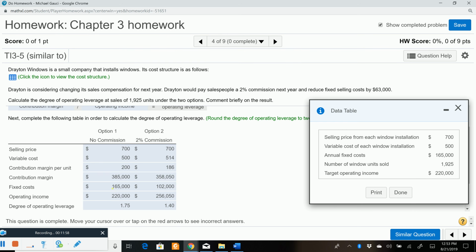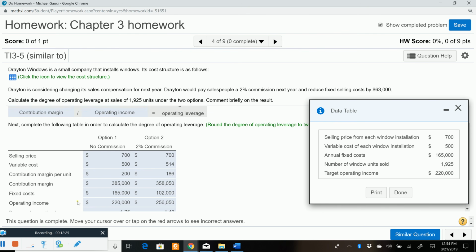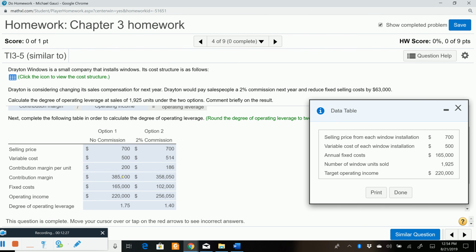So fixed costs are no longer 165,000, they are now 102,000. 63,000 less. Now if we subtract the fixed cost from the contribution margin, we get operating income. You can see using the 2% commission model, we should have higher operating income at this level. And the degree of operating leverage, once again, is simply going to be your contribution margin divided by your operating